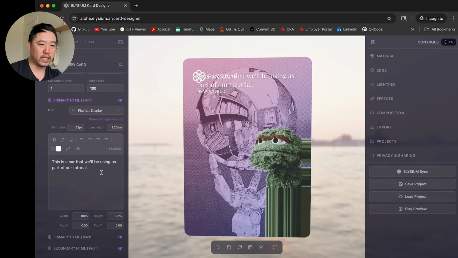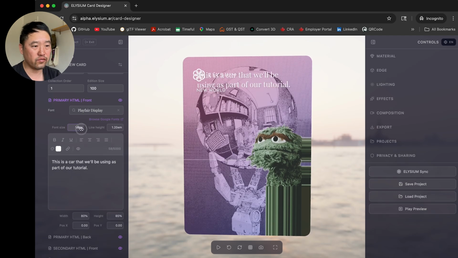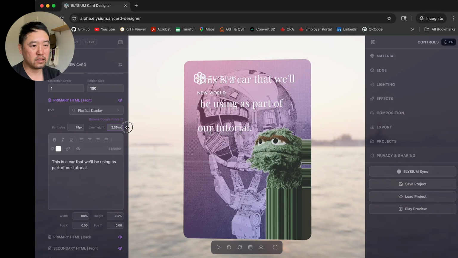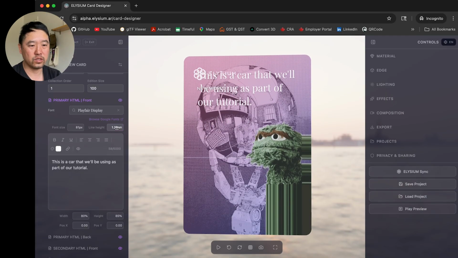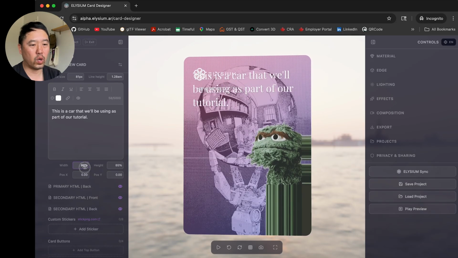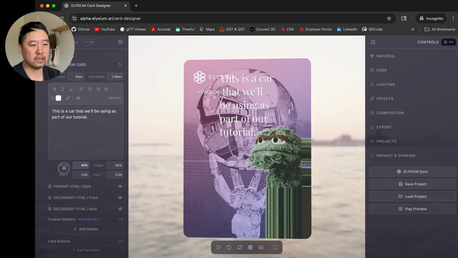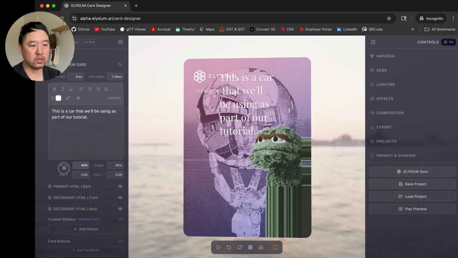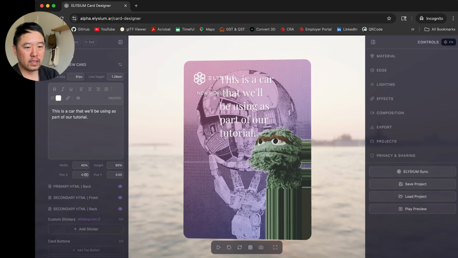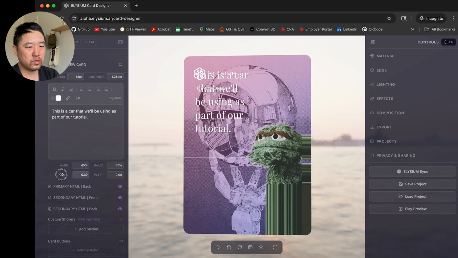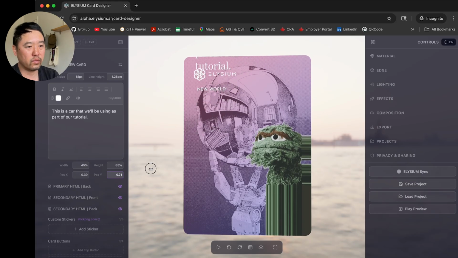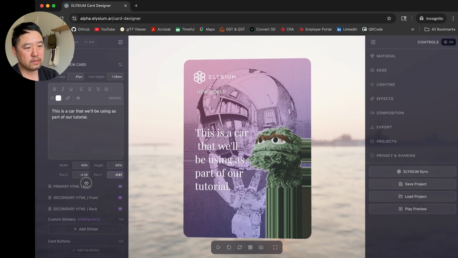And now that we've entered some text, we can change the font size. We'll make this a little bit bigger. We can change the line height to change what the text looks like. And then on top of that, we can change how wide the text is inside the card. So we're going to put this here because we're going to then move this to show up next to Oscar. So we're going to move it to the Y that way and then move it down like this, right?